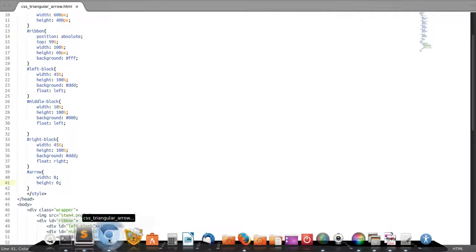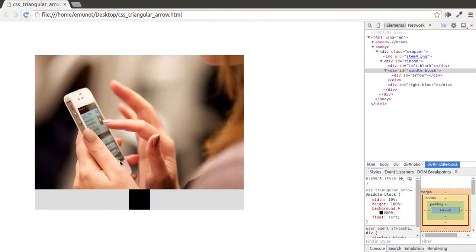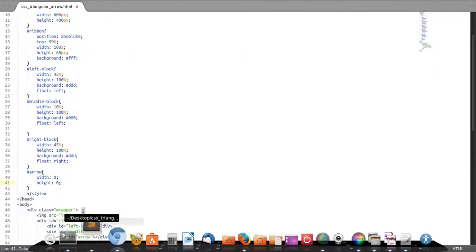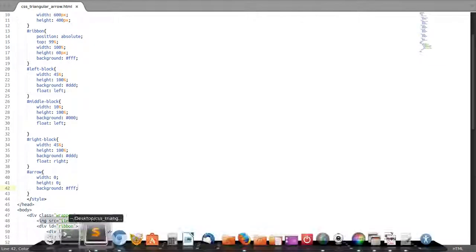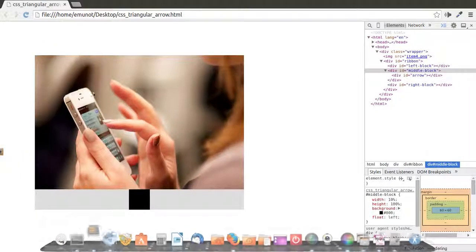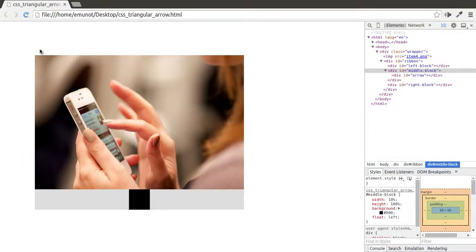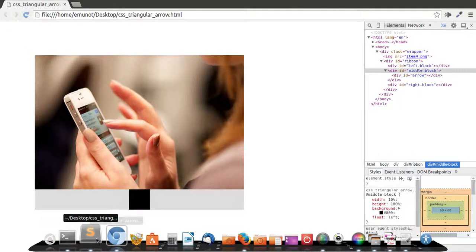Actually, if you save and refresh, notice that there's nothing yet here, because even if we change the color, maybe we give it a background of white so it can come out, you'll still notice that there is nothing coming out of that box. This is because we've given a height of 0, so it's like nothing. There's nothing right there. But it's from that nothing that we're going to develop a triangle